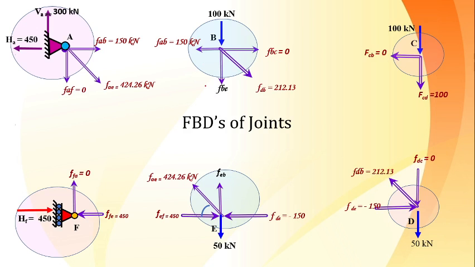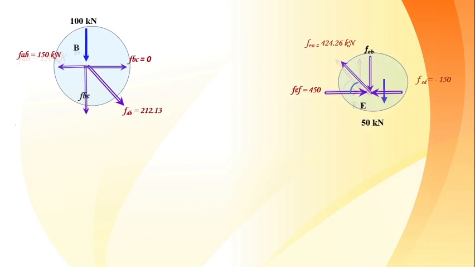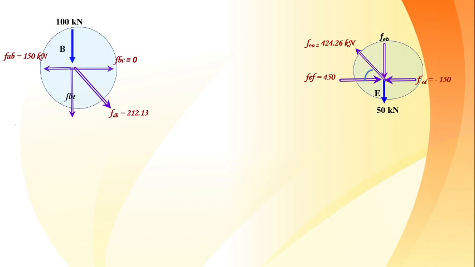Is it okay? There is only one thing remaining, I guess, that is FBE and FEB, and those two are collinear. So for finding that particular value, start with joint B or joint E. So here joint B and joint E. Again we come across inclined forces, FdB cos of 45, FdB sine of 45. FdB has already been found out. Is that okay? Now we can do the algebraic summation of forces.